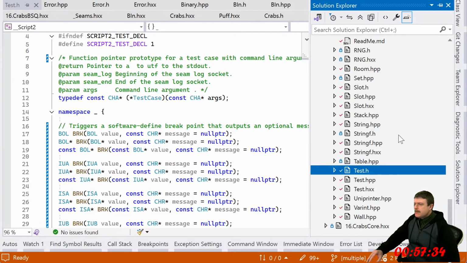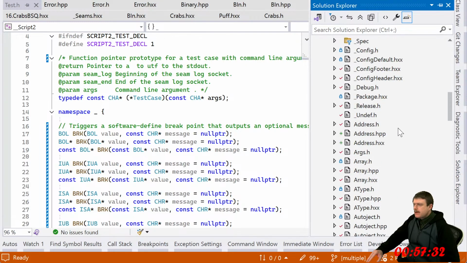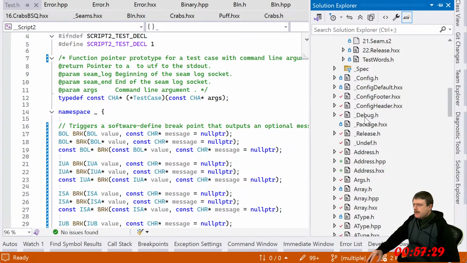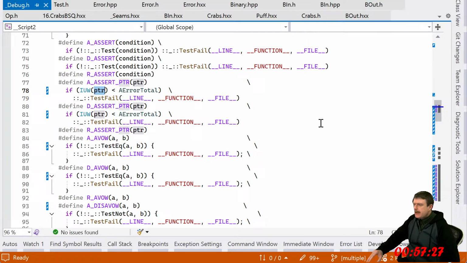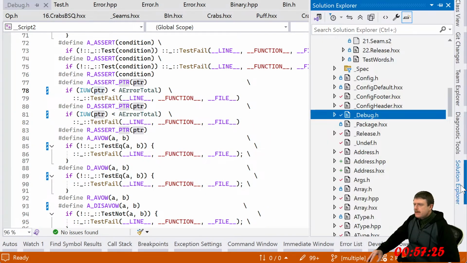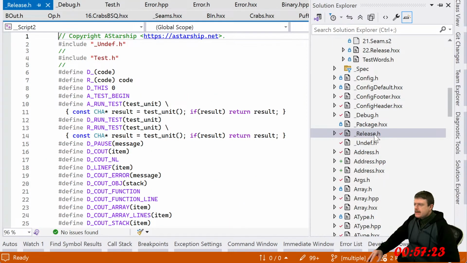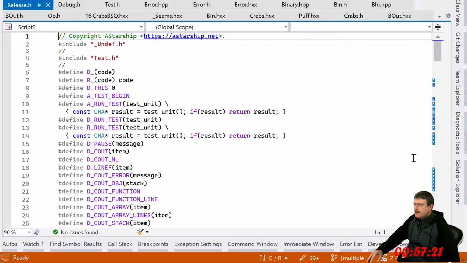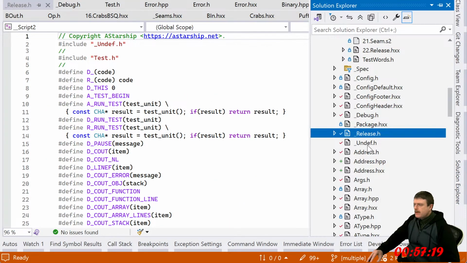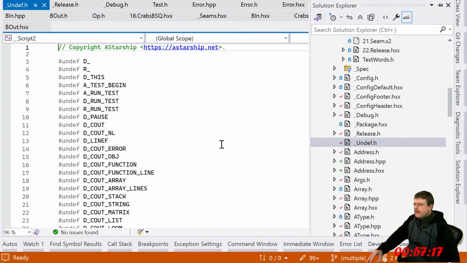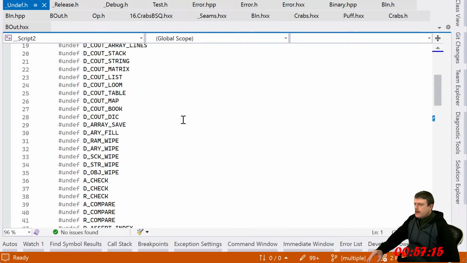macros, I really like these macros for debugging. We have the debug.h. There's release, and then there's an undef.